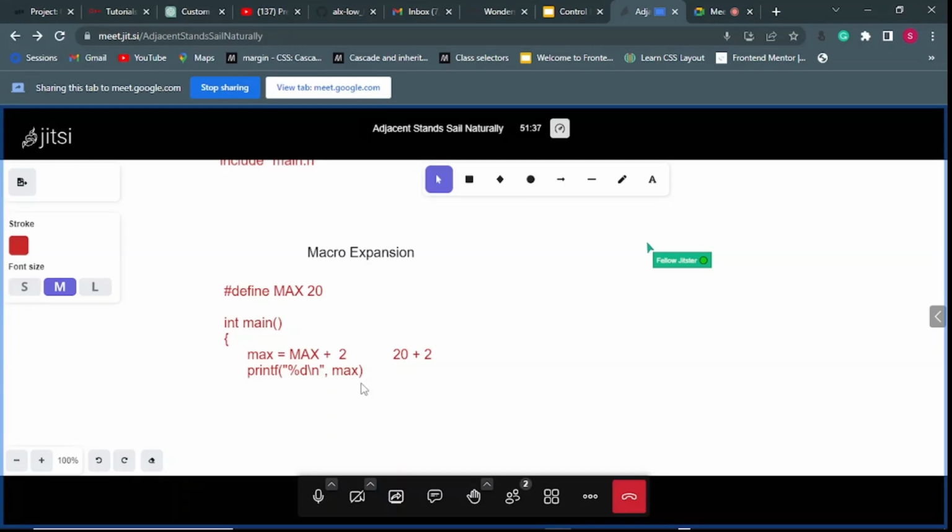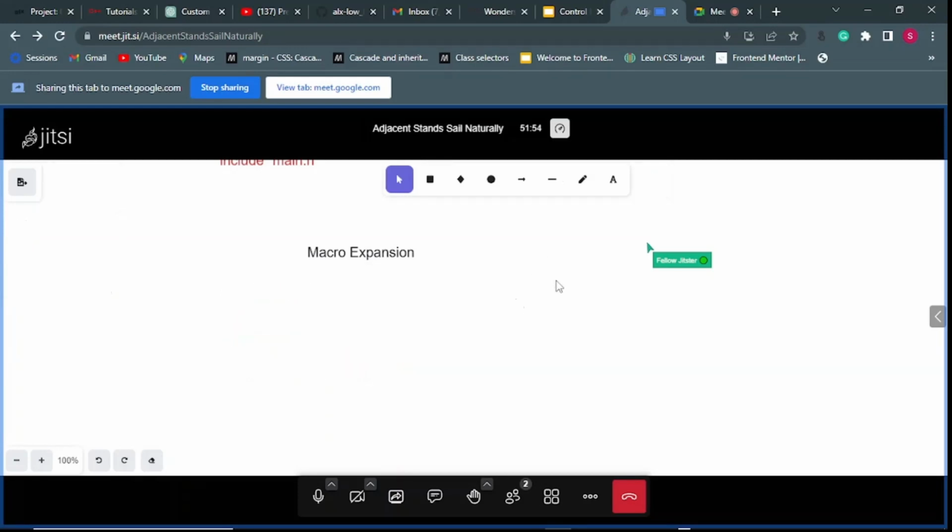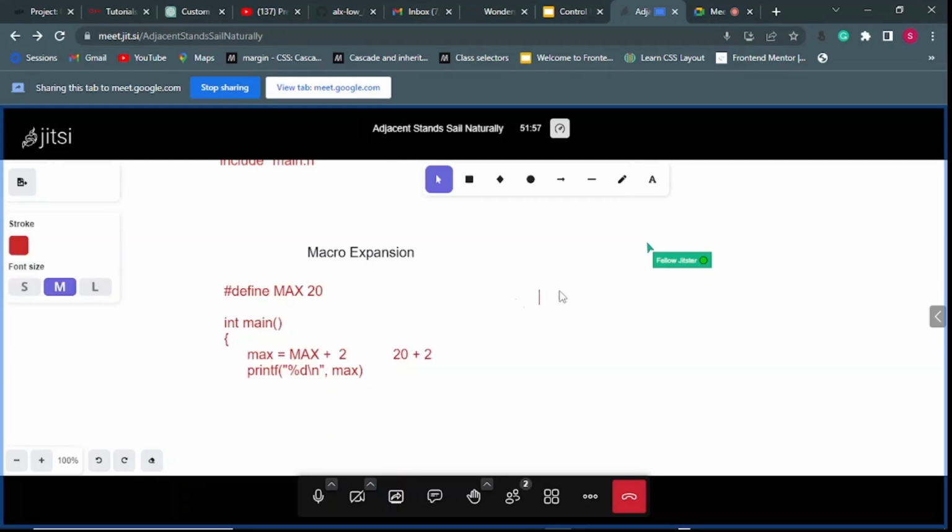So we now have two types of macro expansion. We have object like macros, and we have function like macros. Let me quickly do that now. We have object like macros,